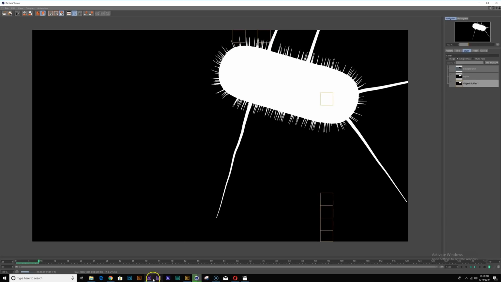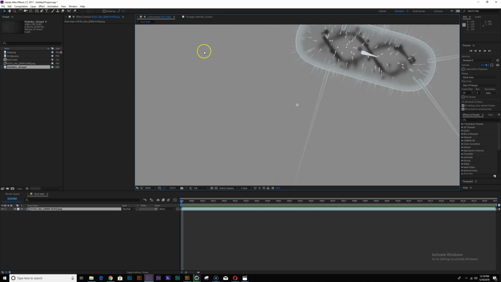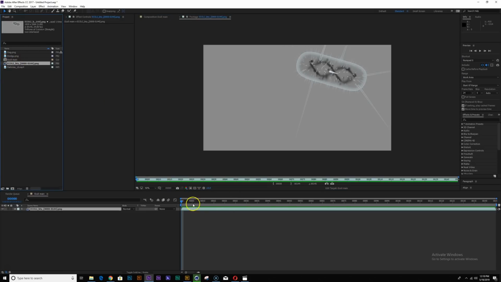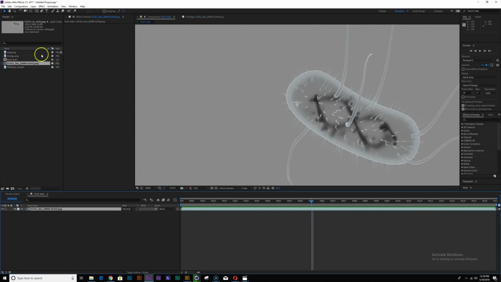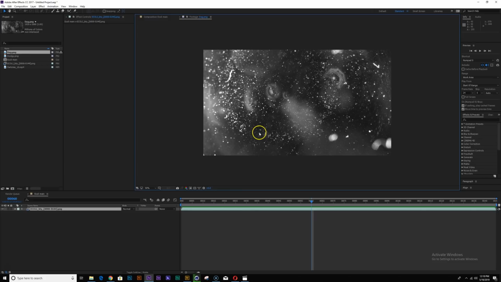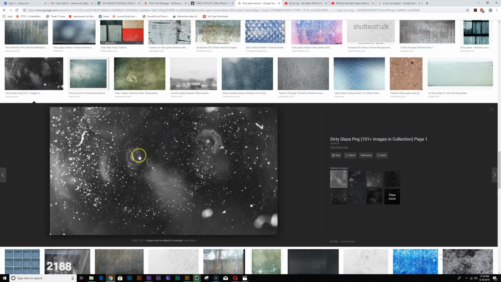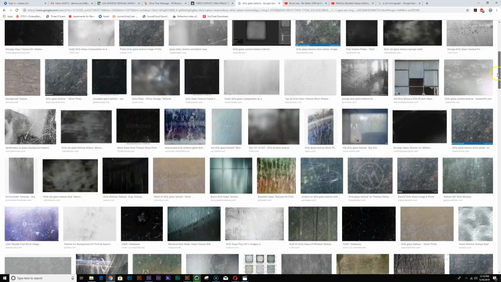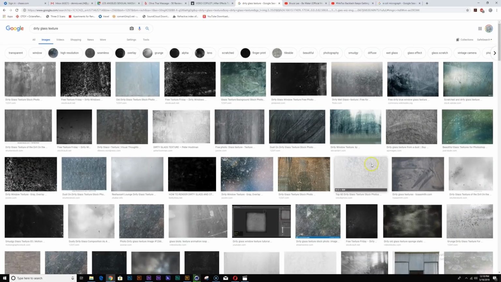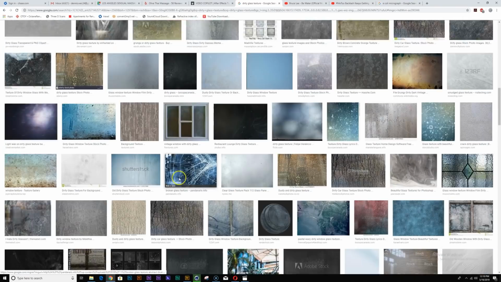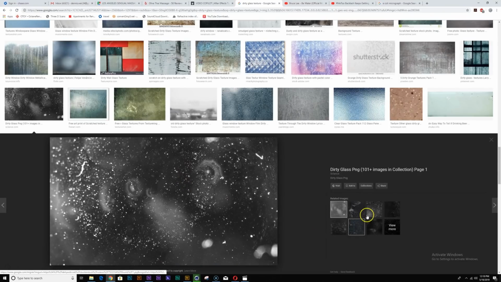While this is rendering, I'm gonna go into After Effects, and in here I have the beauty pass we just rendered. I also have a couple of textures that I will be using. This is a dirty glass texture that I just found on Google that I've been using for a long time. If you go on Google and look up dirty glass texture, or grunge textures, there's a bunch, and I found these here.